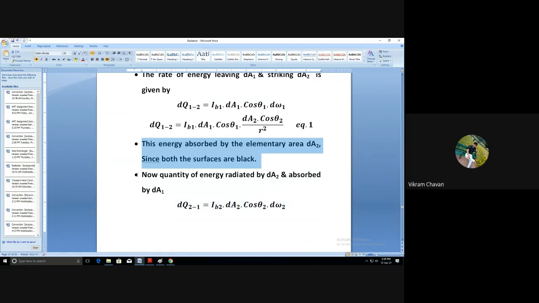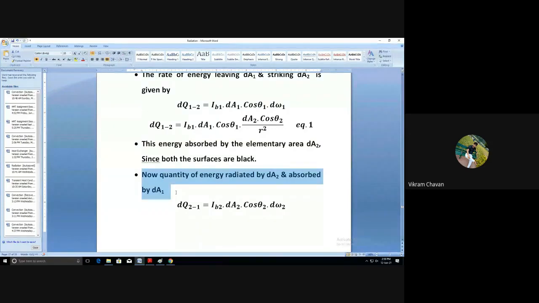On next point, now the quantity of energy radiated by dA2 and absorbed by dA1. So how to write this? dq2 to 1 will be equal to IB2 multiplied by dA2 cos theta 2 multiplied by d